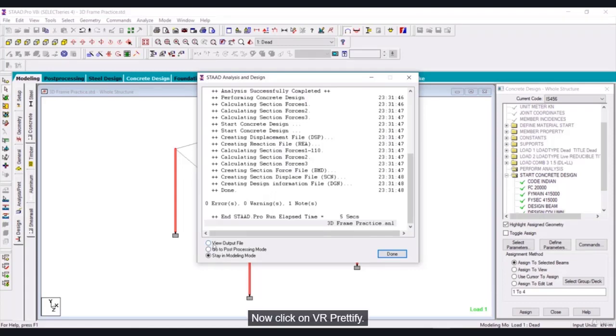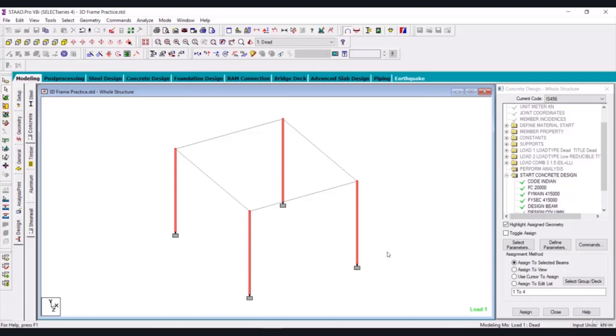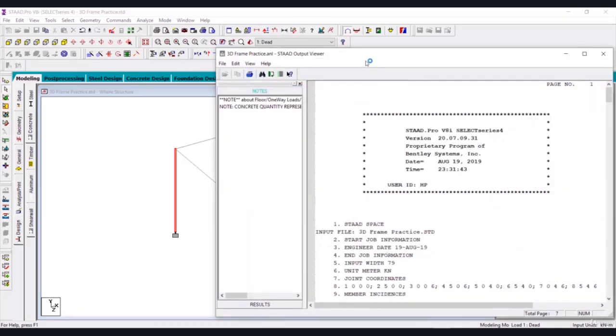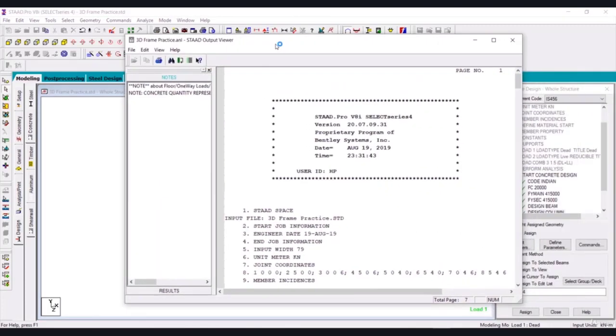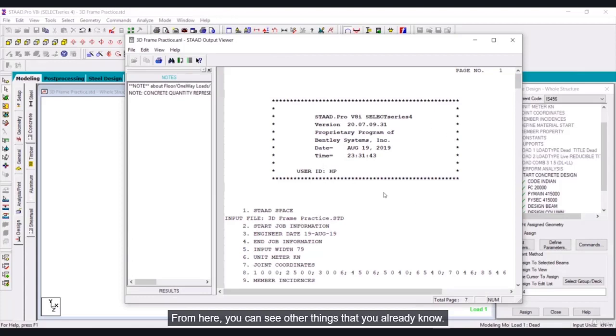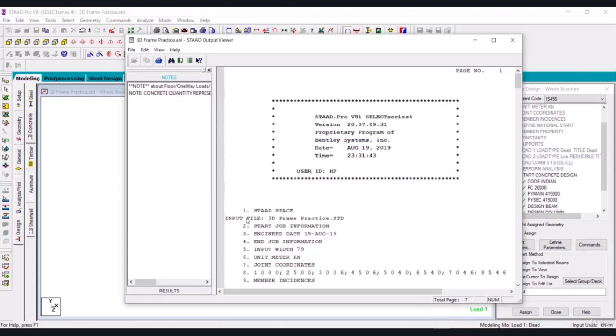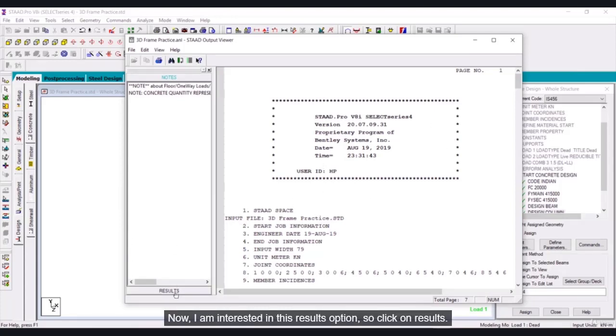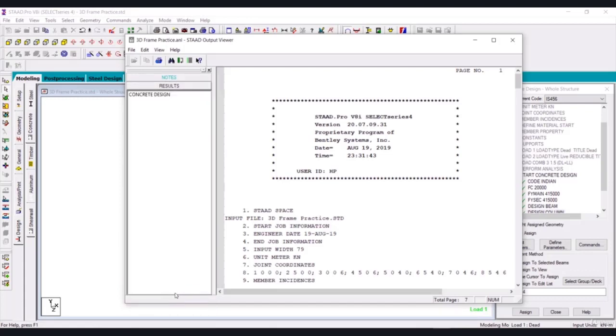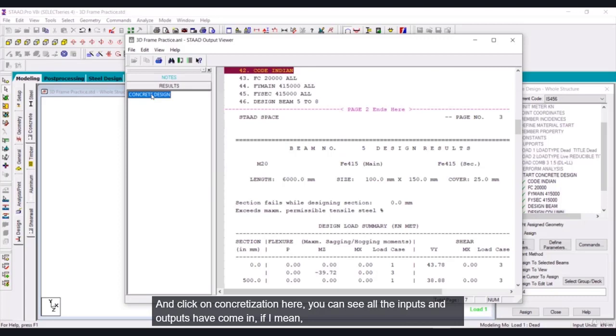Now click on View Output File and click on Done. From here you can see other things that you already know. Now I am interested in this results option. So click on results and click on concrete design.